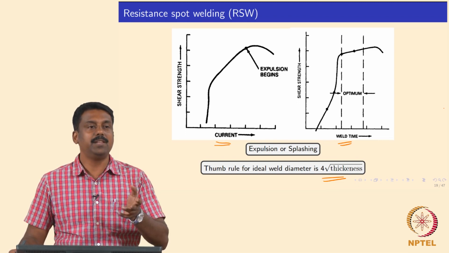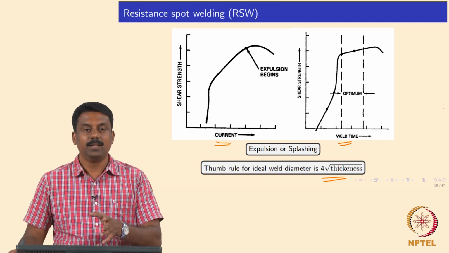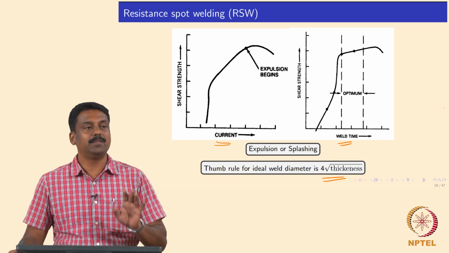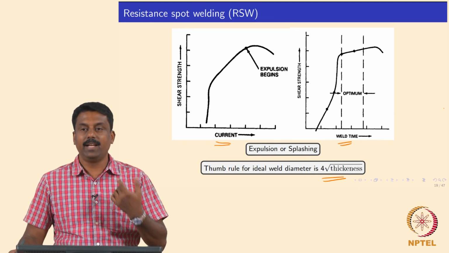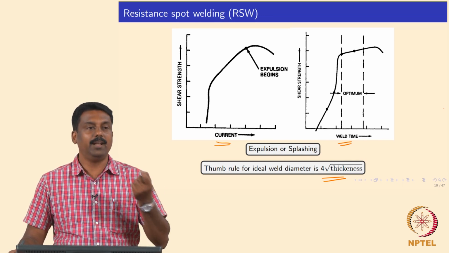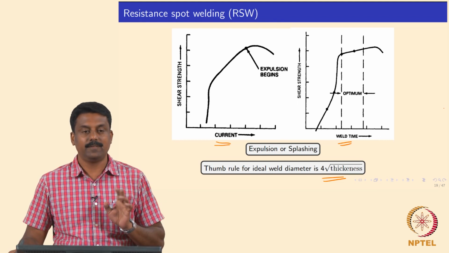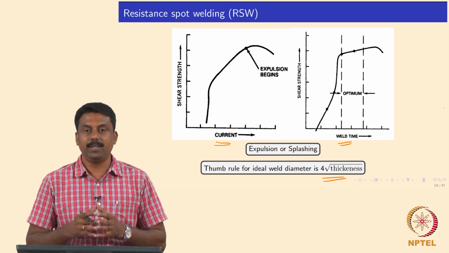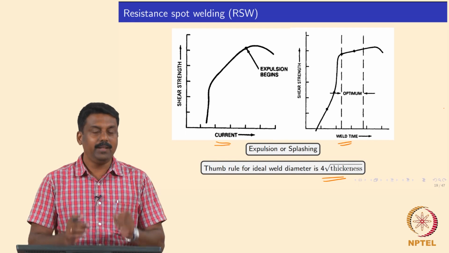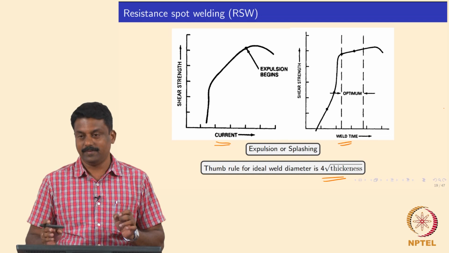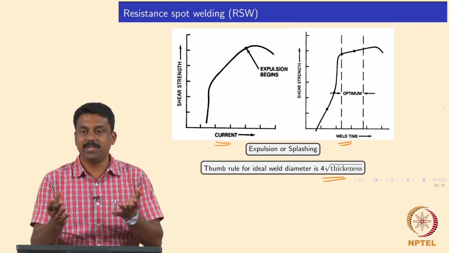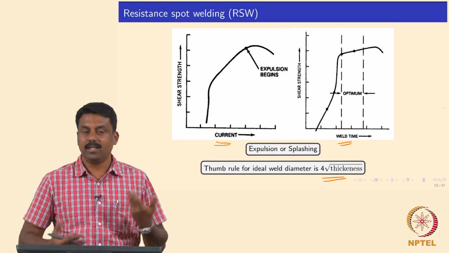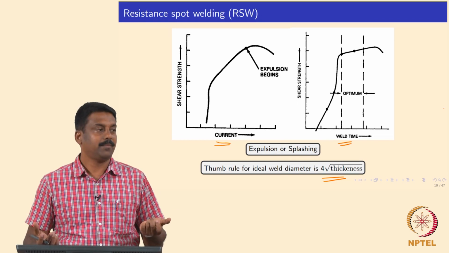So if a thickness is changed from 1.2 to 1.4 mm, you cannot use the same current and same welding time. You will have to reinvent the welding current and welding time required for the change in thickness, okay. So the welding process parameter that you develop is extremely unique to a given thickness for a material, because m changes, isn't it. So obviously m changes, even if you keep Cp, then I or t changes, okay.